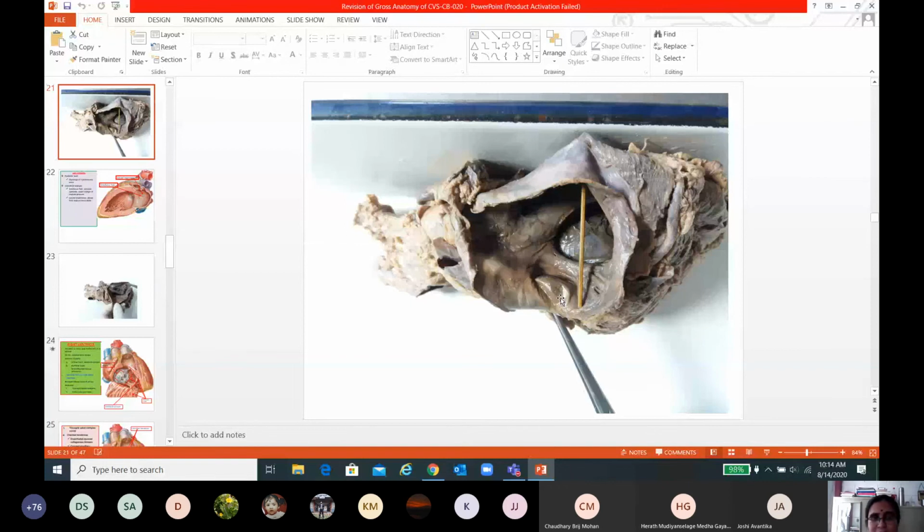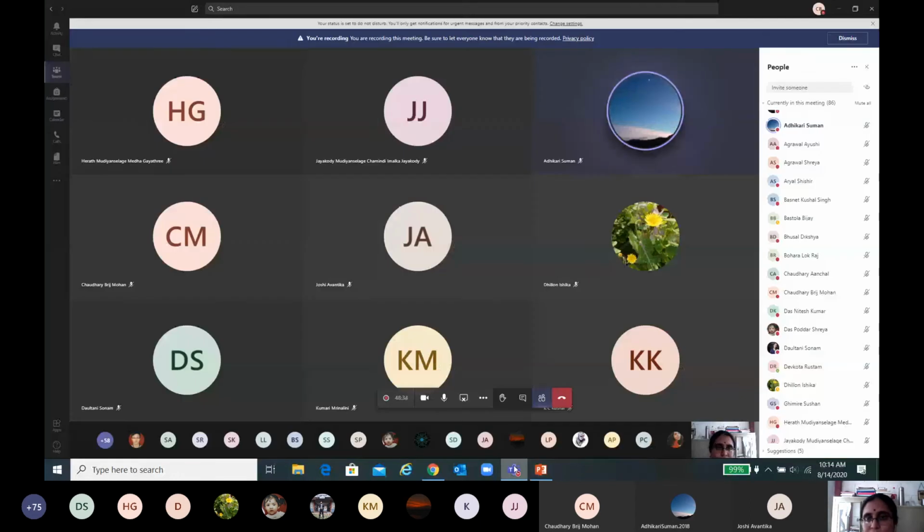Can you see the slide? The slide is not visible. This is very bad for you. What to do? Now you have to improve your internet. Ayushi Agrawal. Ayushi. Okay, will not get attendance. Diksha Bhusal.